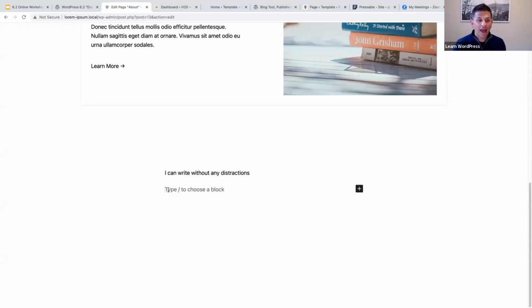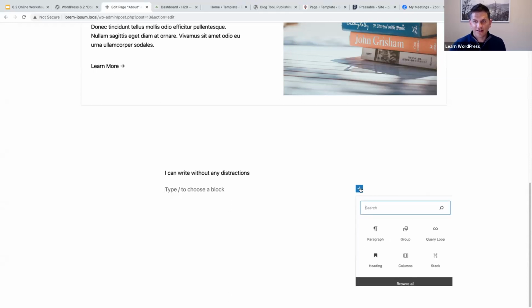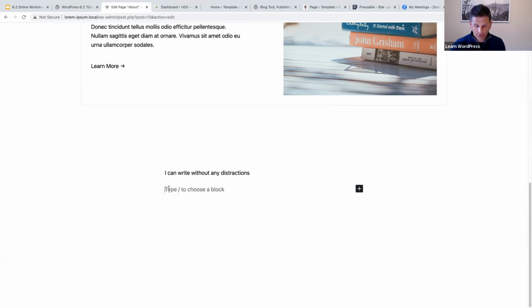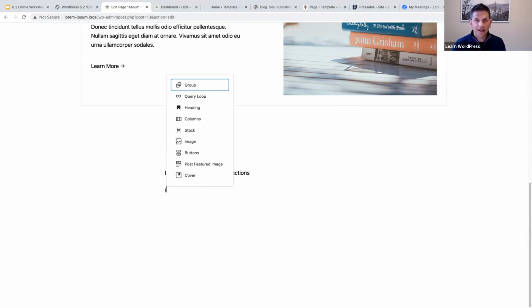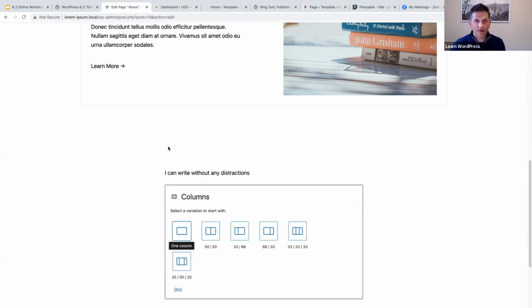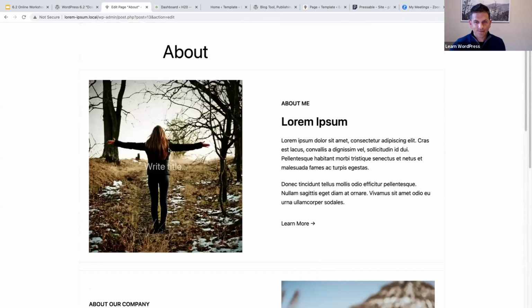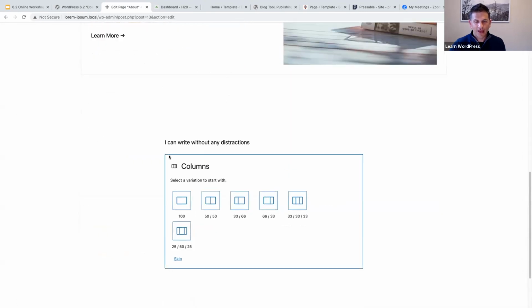And if you wanted to add a new block, you can just click on the inserter here, and you can add your block, or you can still say / and you can add a block right there. Okay, so,